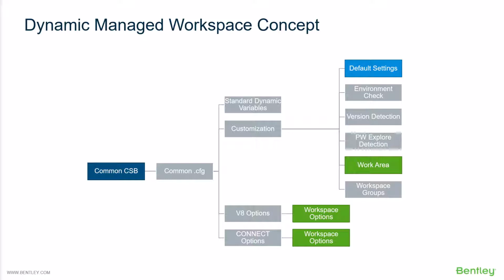We then can look at the environment check. We can look at version detection, the ProjectWise Explorer detection. This then has an additional branch at this point where it looks at the work area and it reads that work area control file. Based on the directions given in that control file, it then may go look at workspace groups. After parsing that information, it then goes back to the common configuration file where it determines if it's a